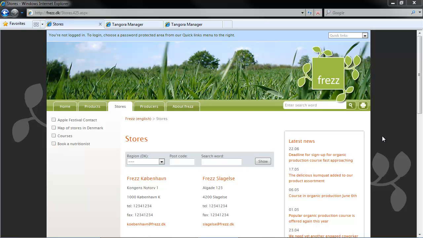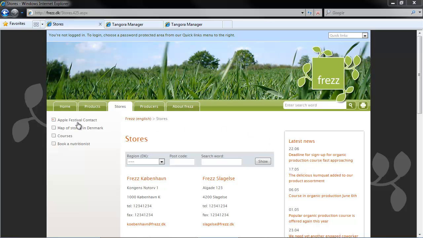Let's imagine that Frez, the fictional organic food company of our demo site, is sponsoring a major event, an apple festival. In conjunction with this event, I've been charged with the 3 following design tasks. First, I want to change the header graphic of my site, and I want this to apply to all pages. This change I will execute by modifying a site layout. Second, I want to add a logo graphic to my general content area of selected pages of my site. I'll make this change on a page layout.